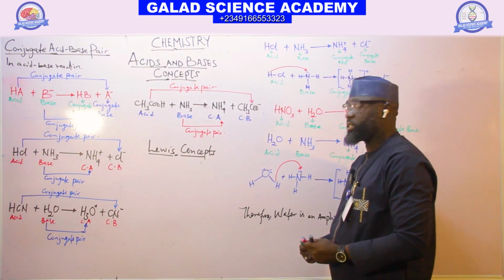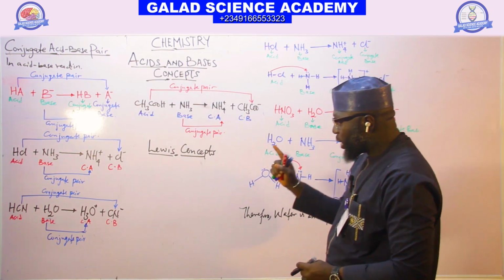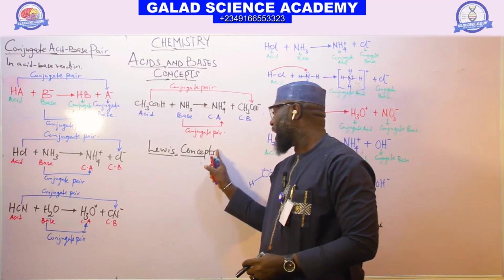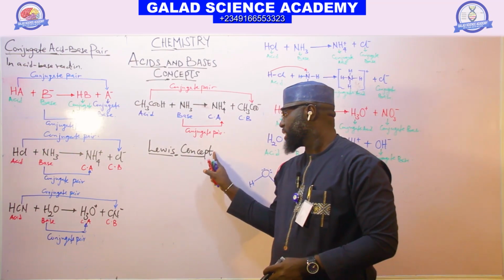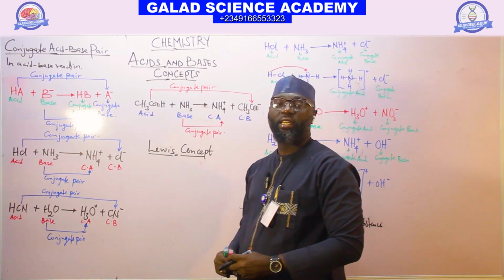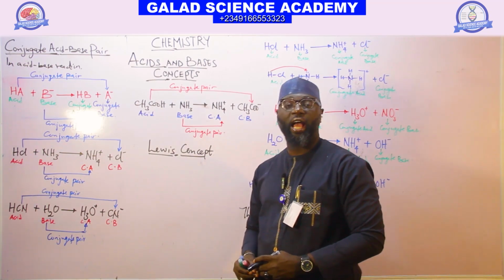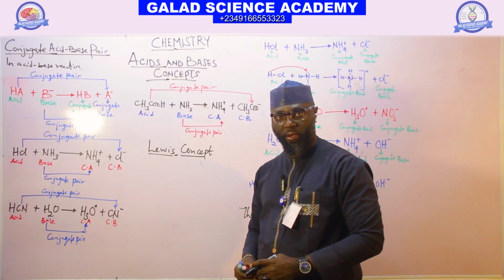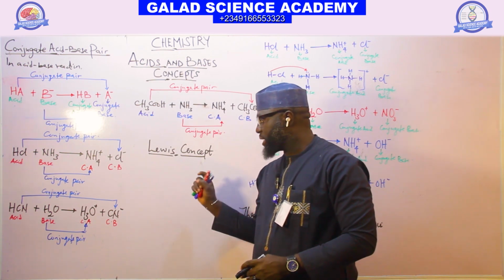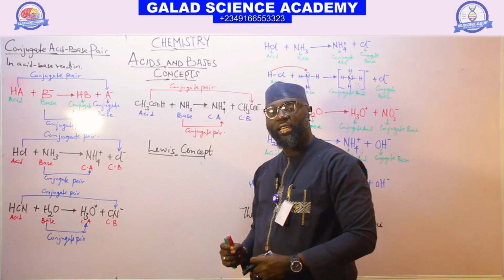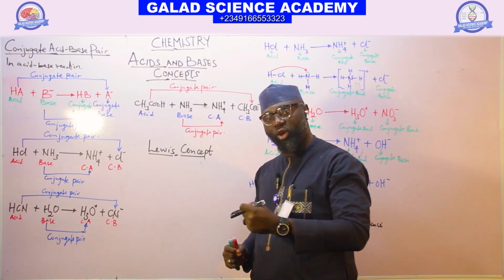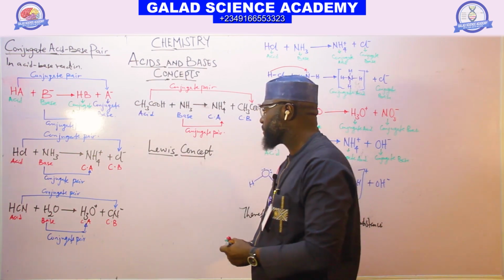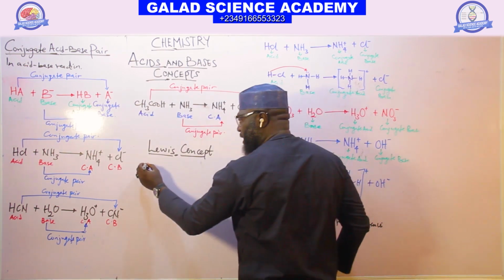So look at Lewis. Lewis defines an acid as a substance that accepts an electron pair, whereas a base is a substance that donates an electron pair. Lewis said acid